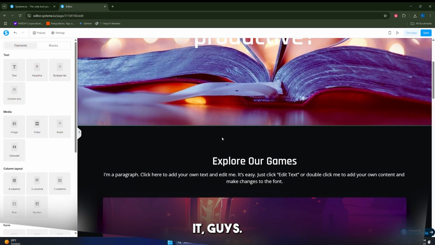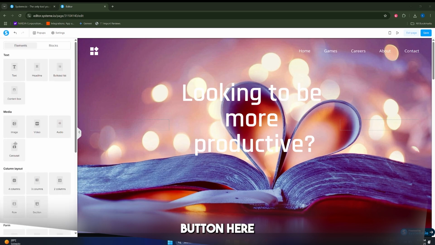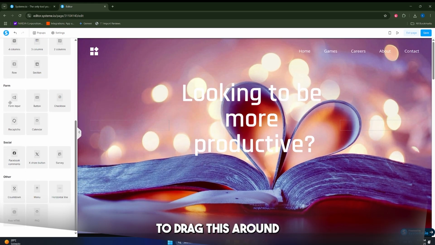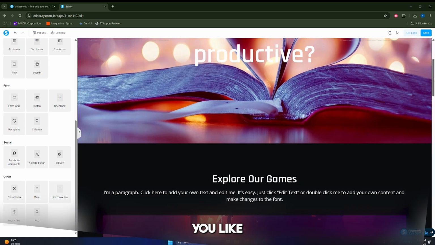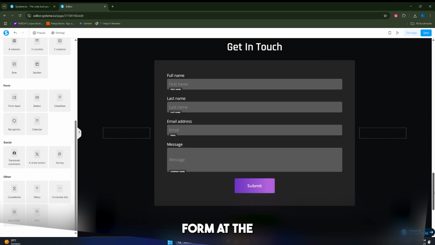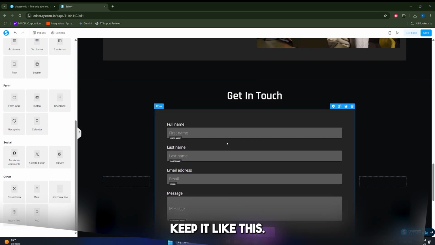And there we have it, guys. Now, the most important thing is the email or the form input, okay, which is this button in here. If you scroll down and click in here, you're going to be able to drag this around and put it anywhere you like in your page. In my case, there's already one input form at the bottom of the page that says get in touch,